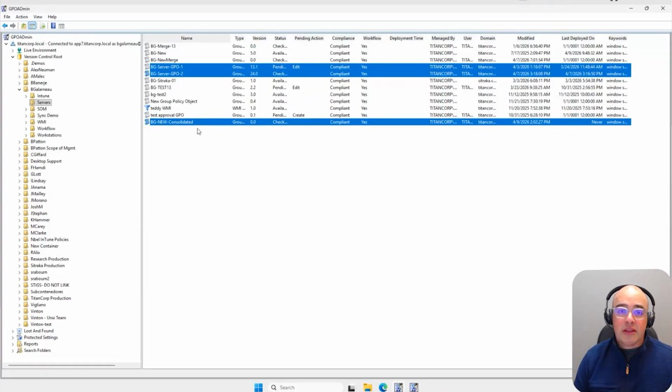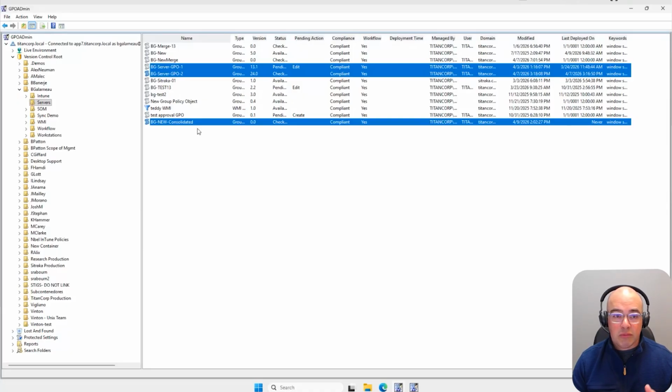As I mentioned at the beginning of the presentation, right now we can do this with 2 GPOs, merging them into one, and then you could continually merge and get cleaner and cleaner in your environment. But coming up, I believe in July or at the end of the year, we'll be adding multiple GPOs to this. So you'll be able to choose more than 2 GPOs and merge those and do conflict resolution between multiple GPOs so that you can clean up the environment and get those GPOs down to exactly what you need,